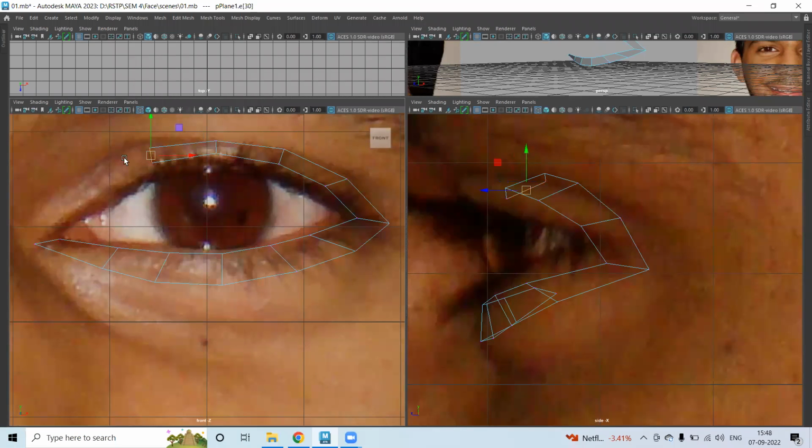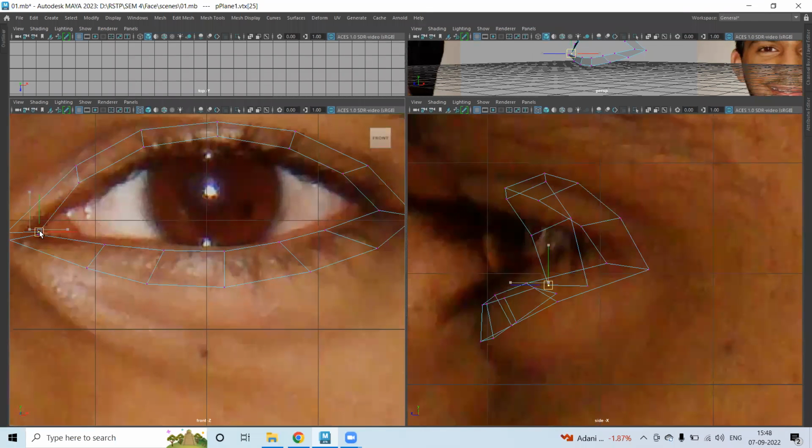Another 2 more extrude. I extrude this here and it goes a bit back. Again, I extrude this. It comes almost up to here and it goes back. Okay, like this. Then what I'll do, I'll go to vertex mode, select this vertex, place it here, select